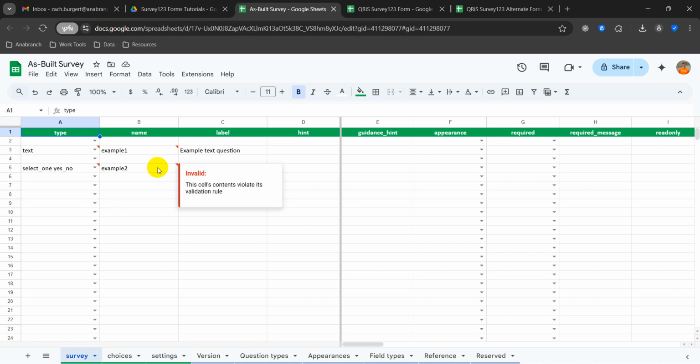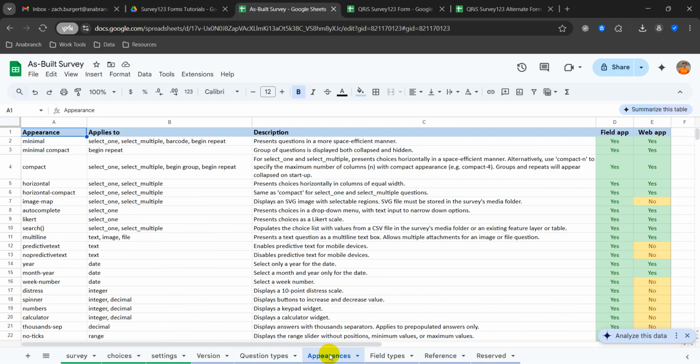And so you can see that at the bottom we have 9 different tabs. 3 are shown in green and the other 6 are shown in blue. The 3 green ones are where we're going to be designing our as-built survey, while the 6 blue ones function as metadata. Of those metadata fields, the ones we'll be primarily working with are question types and